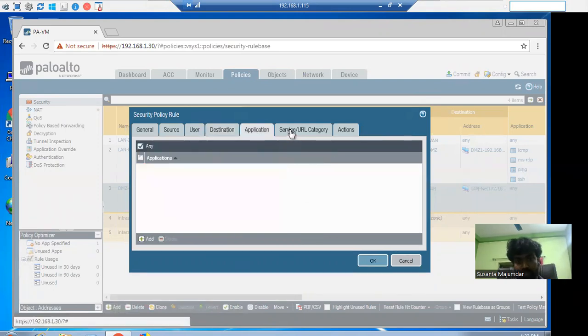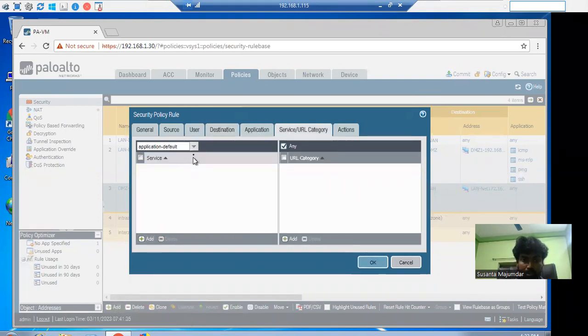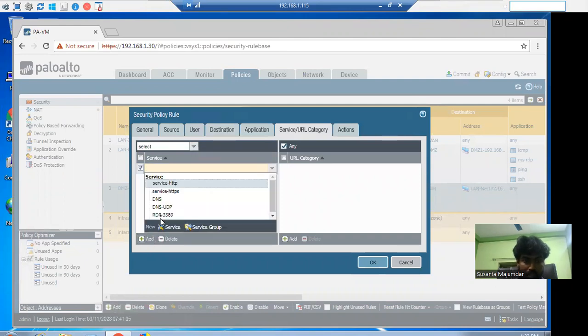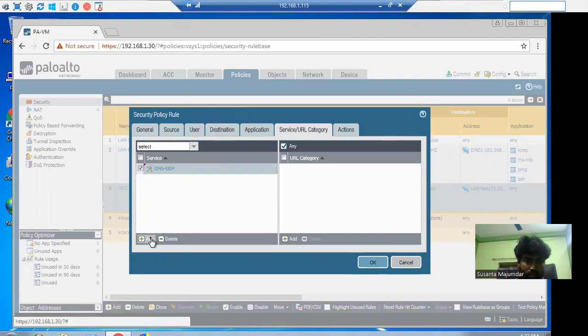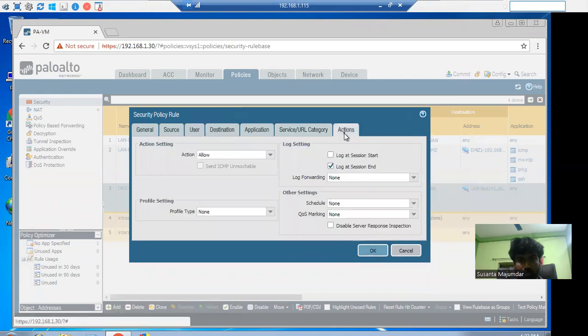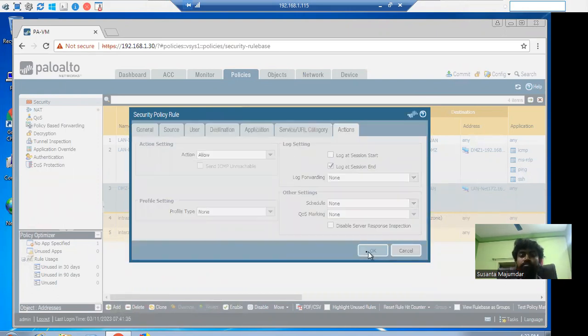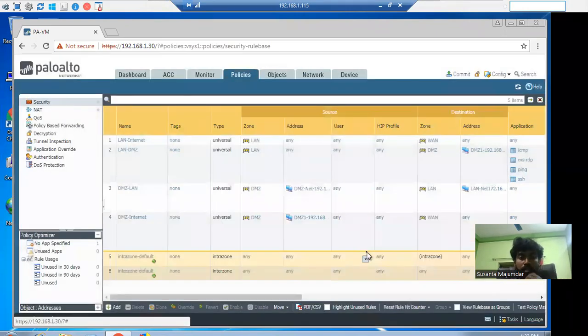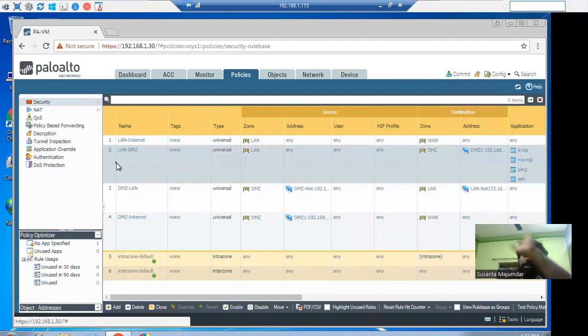Application: you can use the application, or you can use the service based policy. Then what will be the service? DNS1, DNS2, add HTTPS for internet access. These four are required. If needed more, then you can add. What will be your action? Allow. Now someone has come and said that I need to create another policy for LAN to DMZ